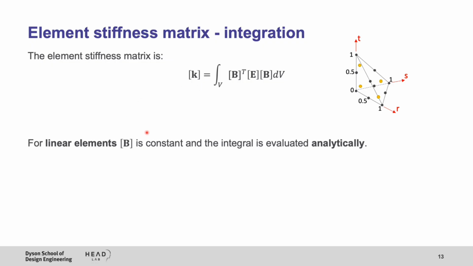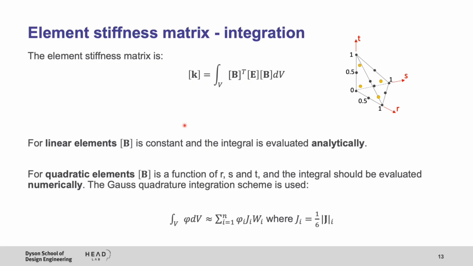So for linear elements, we showed that the Jacobian matrix is constant and hence B is constant, and this integral then can be evaluated analytically, of course, if our material is linear elastic. For quadratic elements, B is a function of R, S, and T, and the integral should be evaluated numerically. One of the methods that is widely used to evaluate this integral numerically is called the Gauss quadrature integration scheme,